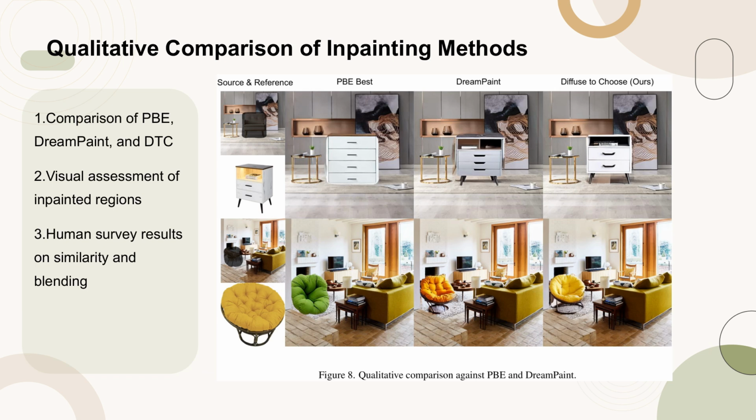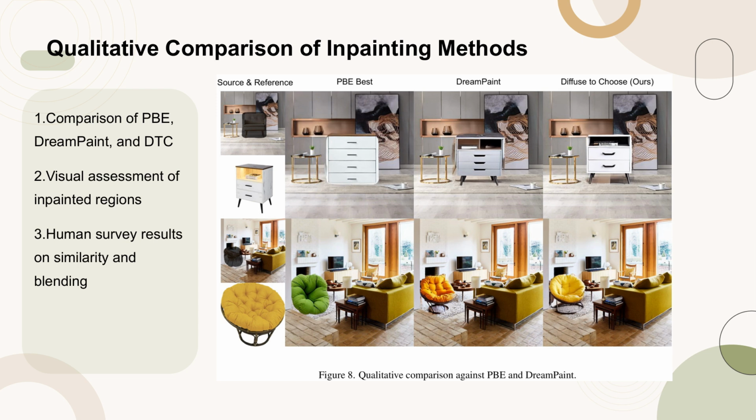Figure 8 presents a qualitative comparison of the inpainting methods PBE, DreamPaint, and DTC. The visual assessment highlights the effectiveness of each method in generating inpainted regions that resemble the reference image and blend seamlessly within their context. This comparison is supplemented by the results of a human survey, which evaluated the similarity and contextual blending of the inpainted regions on a scale from 1 to 5, with 1 being the best. The survey results indicate that DTC, despite being a zero-shot model, performs comparably to DreamPaint, which requires few-shot fine-tuning with